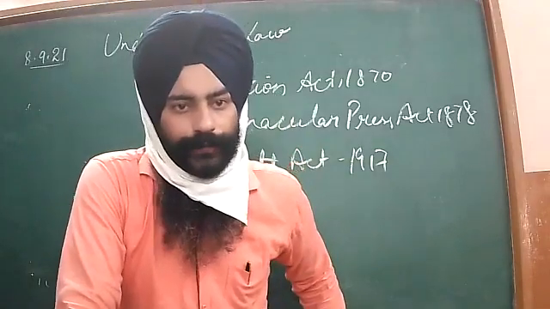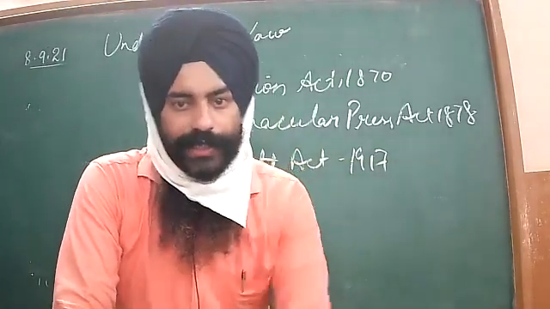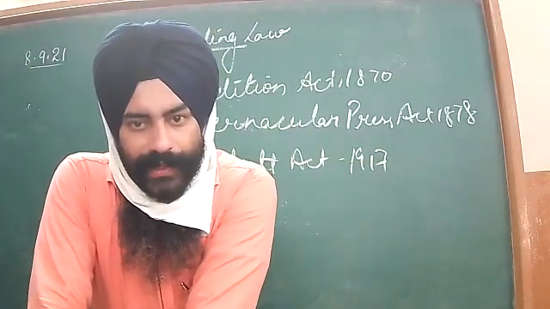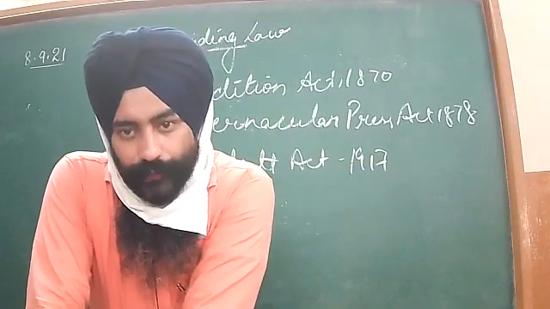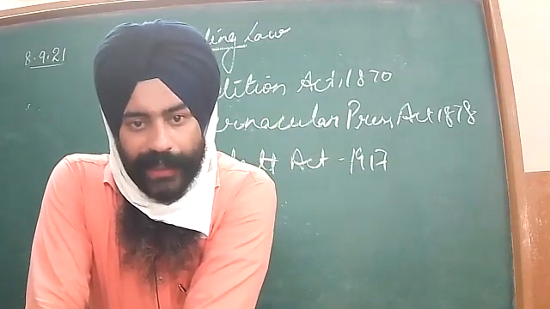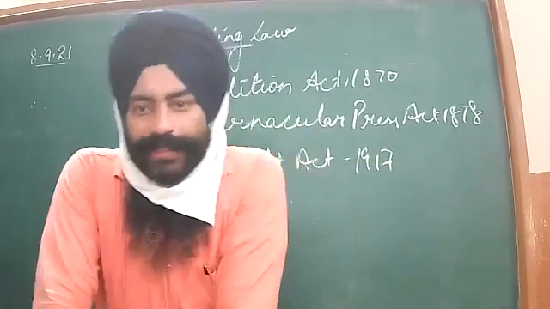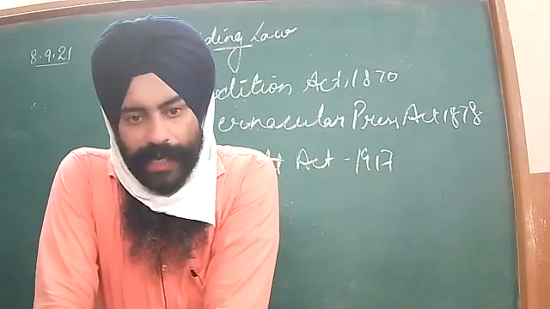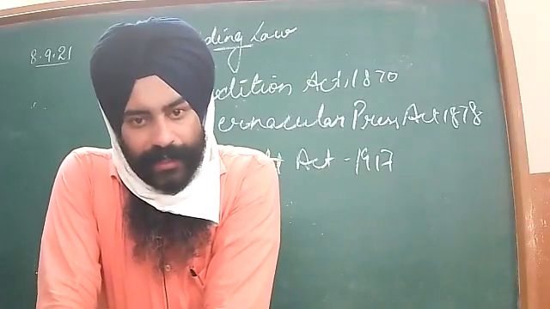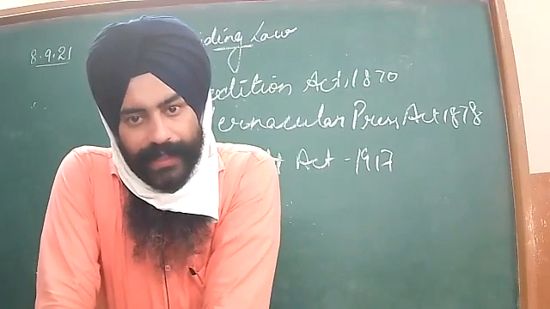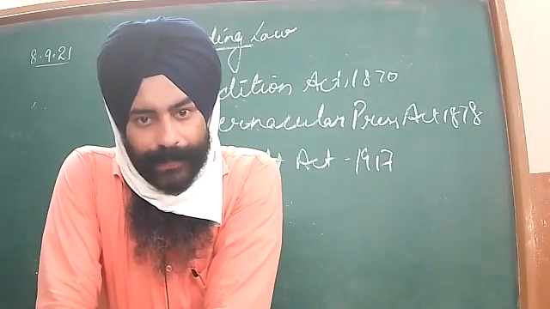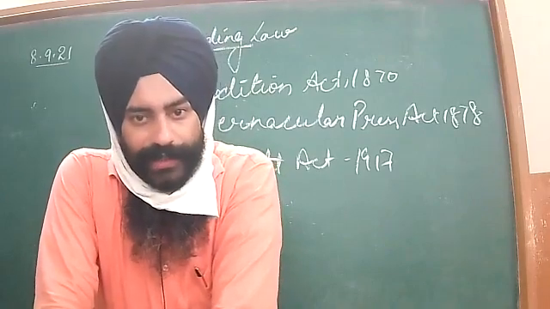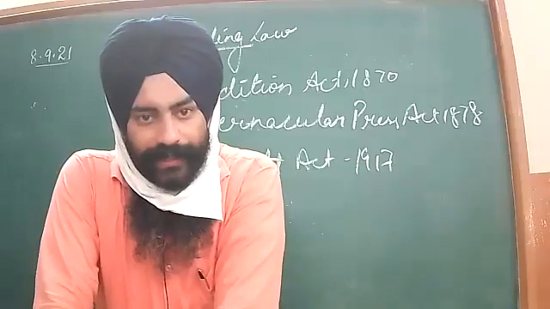These laws restricted the social freedoms of Indians. First, the Sedition Act. This act states that if any person protests or criticizes the British government or their policies, they can be arrested without any trial, without any permission, and sent behind the bars if they show aggression against British policies. This was the Sedition Act of 1870.